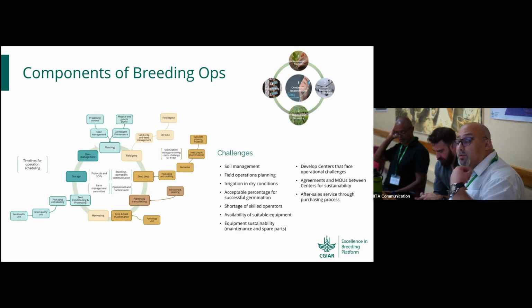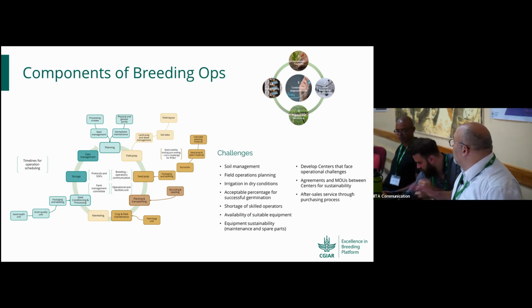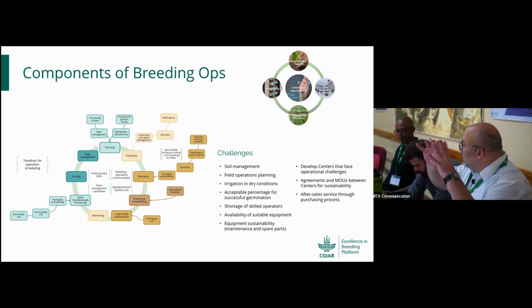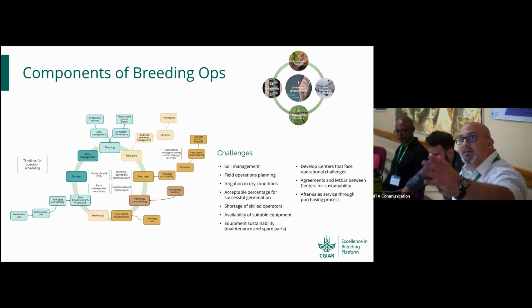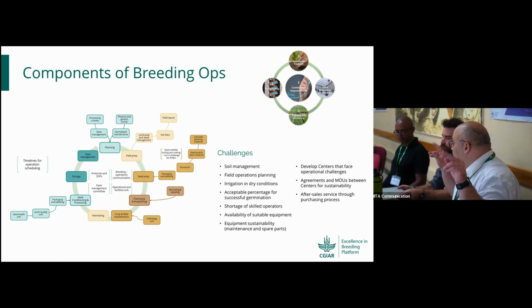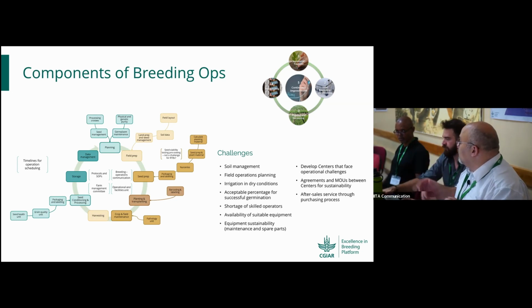Moving on to just a small recap on all of these items. For example, for the components of the breeding operations, we have designed our concept map from our perspective. We have covered everything that we require to serve. Well, to serve is not the term that I should be using, but at least to complement the work of